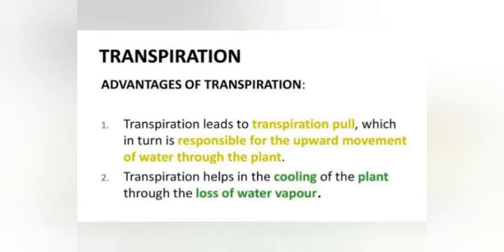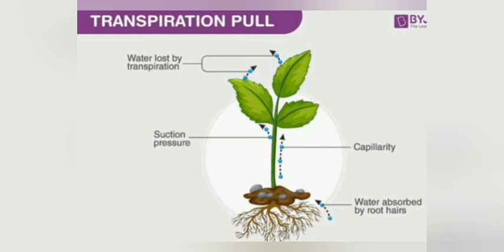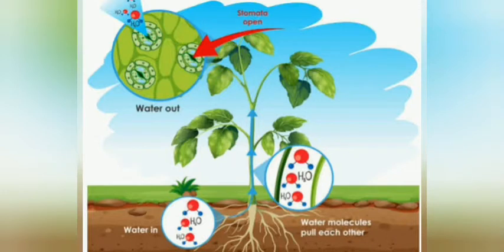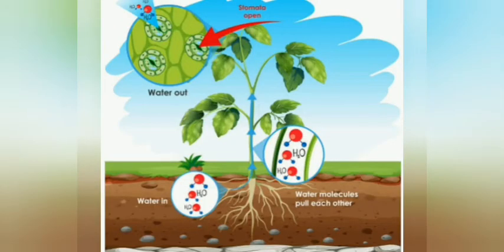The tension created by transpiration pulls water in the plant xylem, which results in pulling the water upward from the soil. This is similar to what happens when we drink juice or water through a straw. So, transpiration creates a low pressure and a pulling force that pulls up more water and minerals from the soil, which is then transported to different parts of the plant. As more water along with minerals is pulled continuously from the soil, the plants get more minerals.